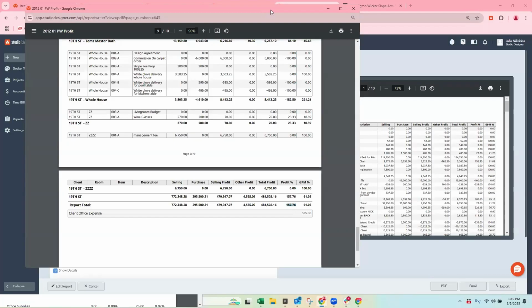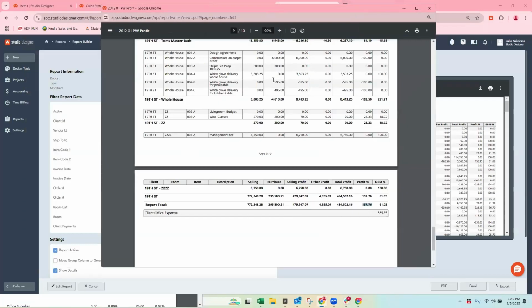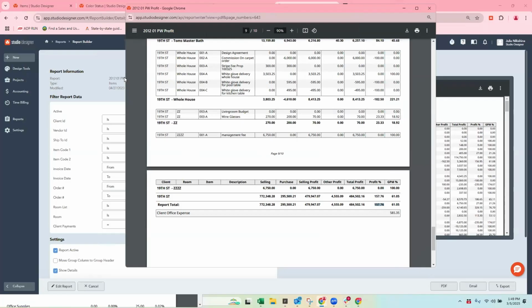Something I would warn you is that this report is based upon your item screen. So if your item screen is inaccurate, this report will be inaccurate. If you have items that the client isn't moving forward with, or has rejected, or maybe you have 3 dining selections entered on the item screen, this report will pull everything in unless you filter it accordingly.